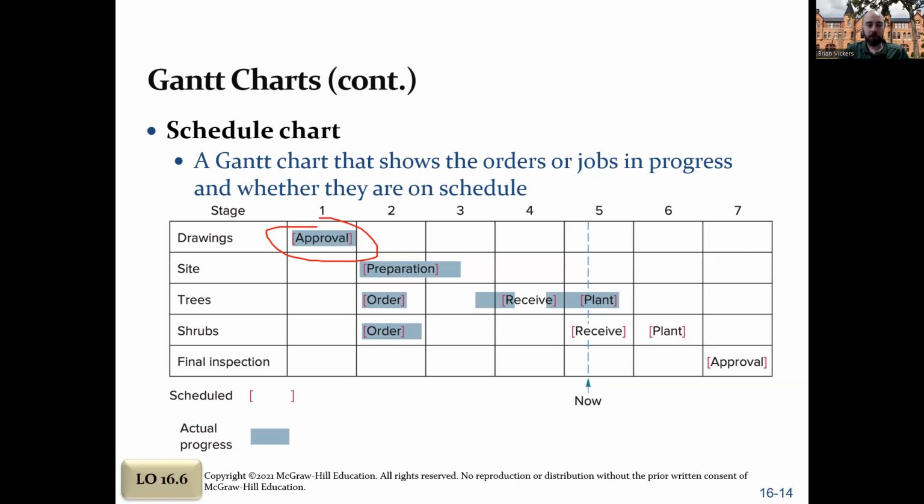And now here you are with the shrubs. You expect to receive them. You haven't received them. The actual progress bar is not there. And so, you haven't received them. You hope to have them planted next week and get approval in week 7. But